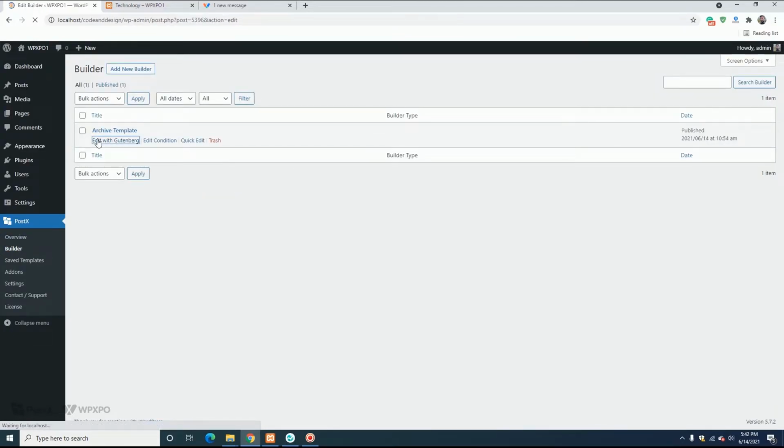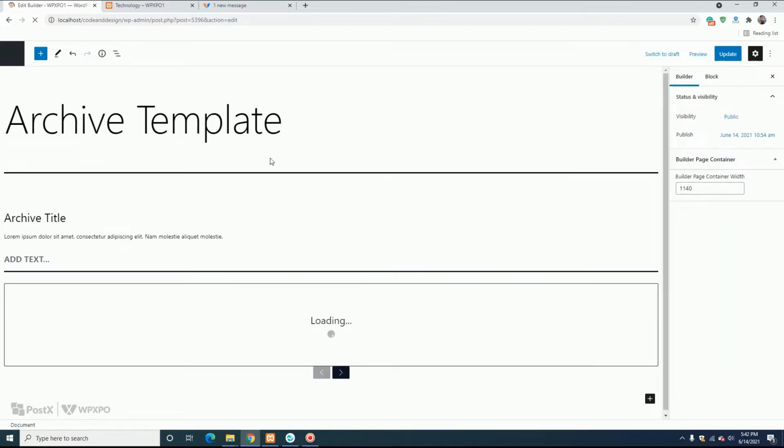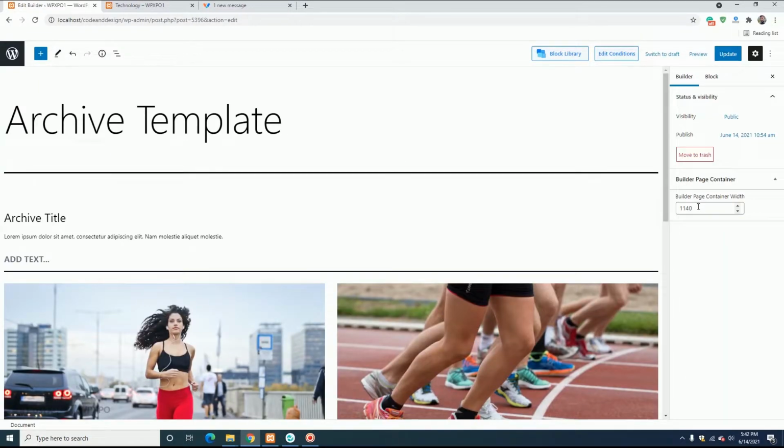and we can edit the archive builder, and we can decrease or increase it. For this instance we can increase it.